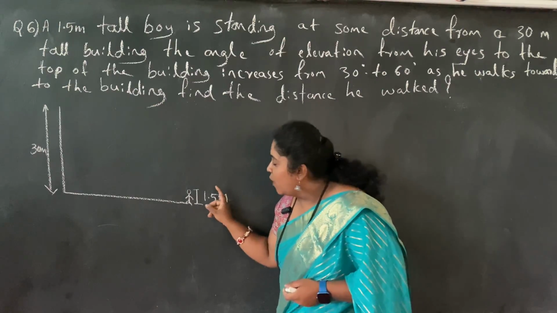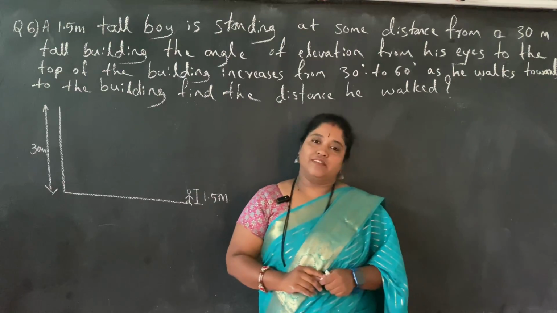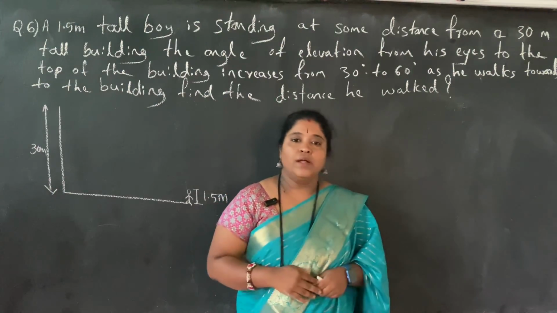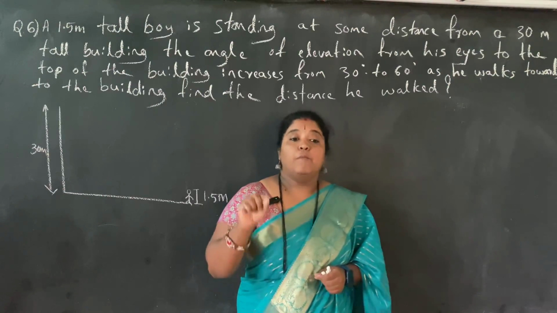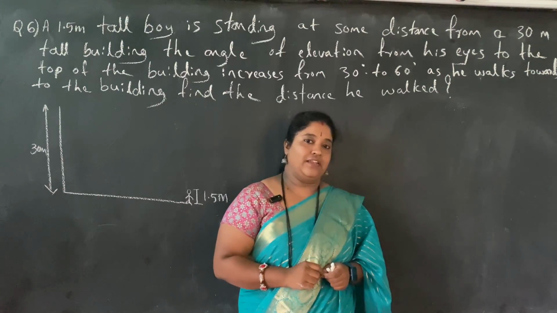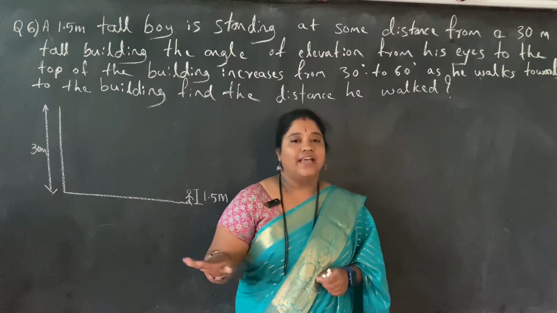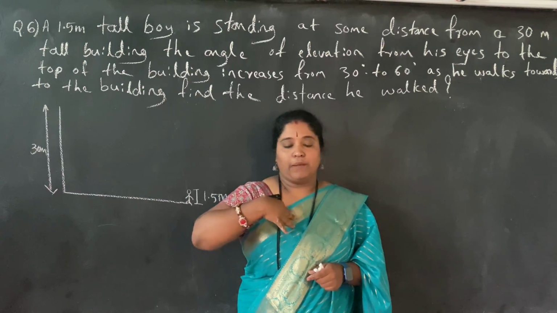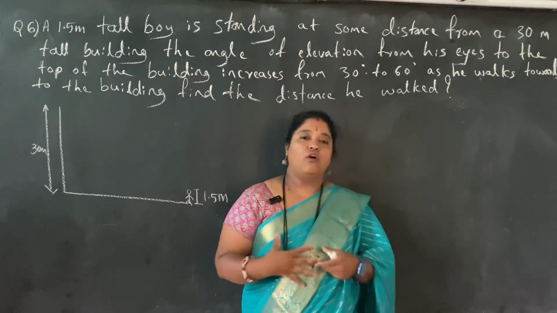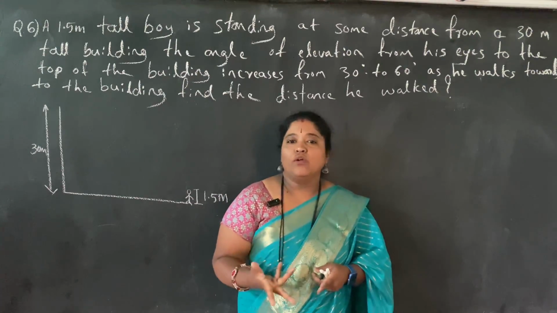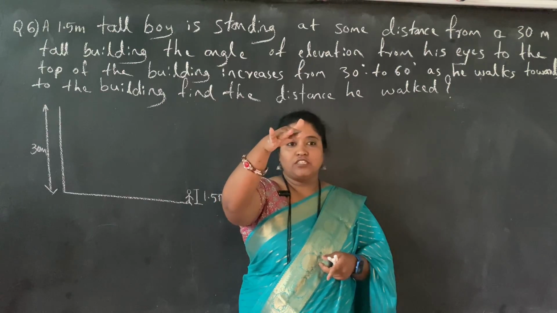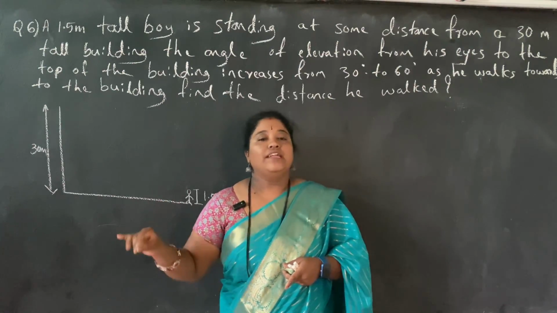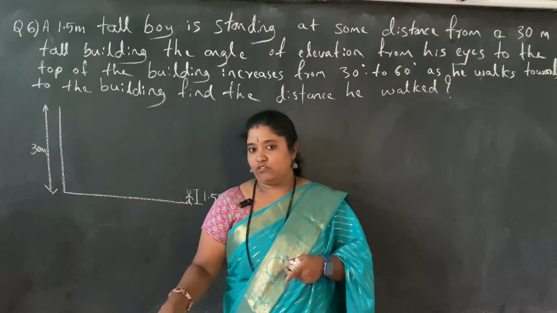Before completing the diagram you should know something. Why have they provided you the height of the person? Whenever I talk about the base ground, if a point on the earth is given, then you need to consider the earth as the horizontal level. Suppose, for example, according to my view, what is my horizontal level? The straight line drawn along my eyesight will become my horizontal level. If the point is on the ground, the ground will become the horizontal level.